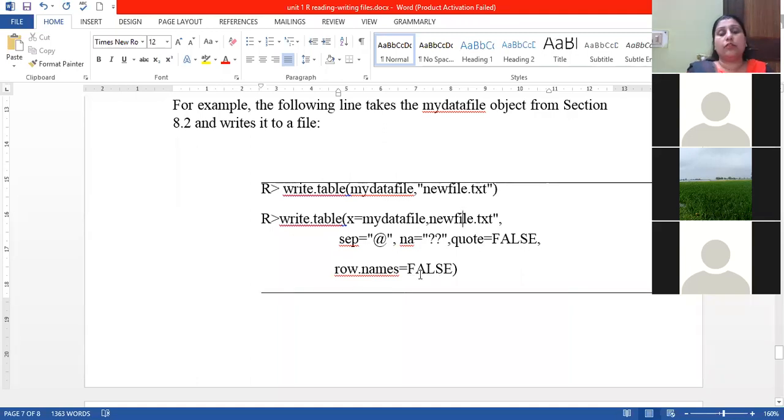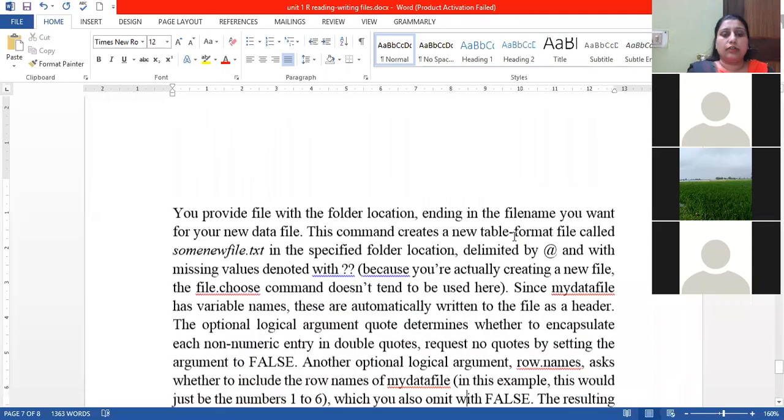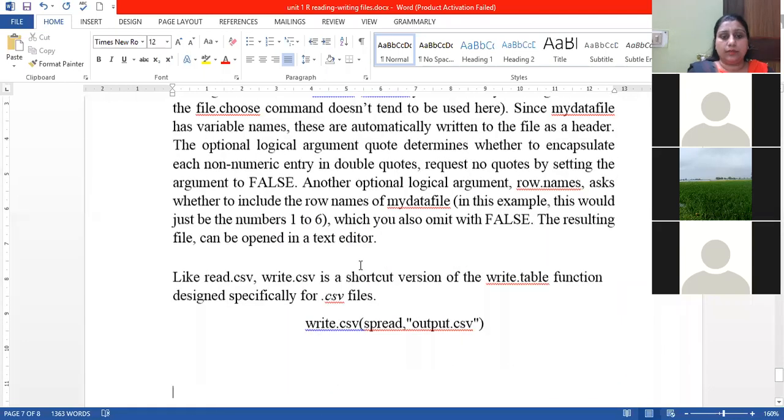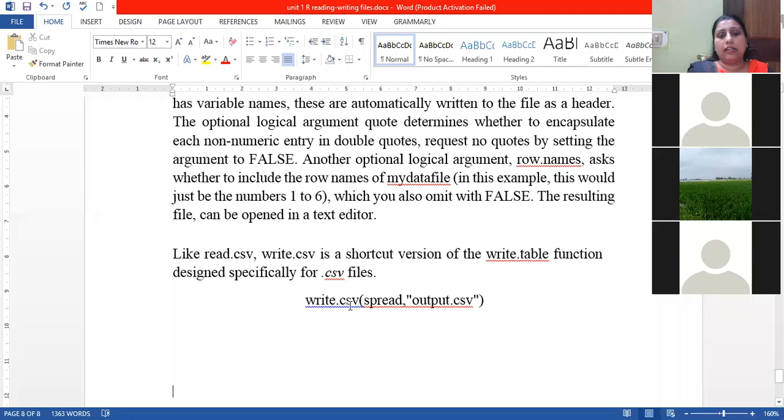Here row names equals to false means there will be no numbering on the names. And quote equals to false means the strings which are available will not be included in double quotes. So the write.table operation is used to create a new text file. Similarly, to create a new CSV file, we write write.csv, the name of the old file and the name of the new file which you want to create.